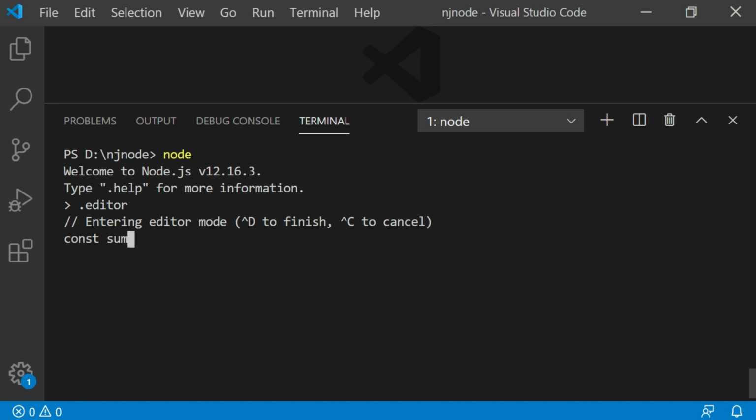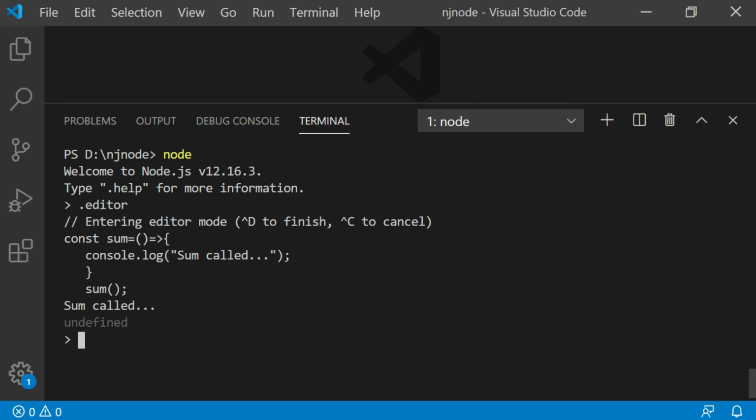But I do not want to finish anything. I will say const sum. At the moment I do not want parameters or anything. Of course I can have it, but I'll just say sum called, and this ends the function also. Now I want to call the function here. So the entire script is ready. Like this you can have many lines which you can try or test at the node prompt. Now if you have finished this, then you press Ctrl D. So I press Ctrl D here, and now this script is executed.